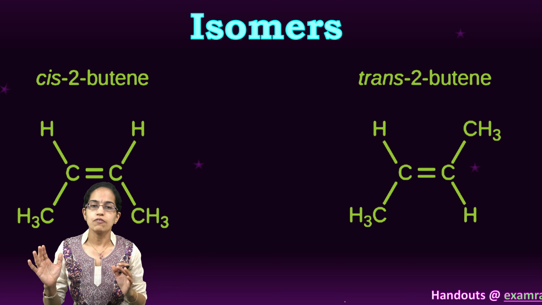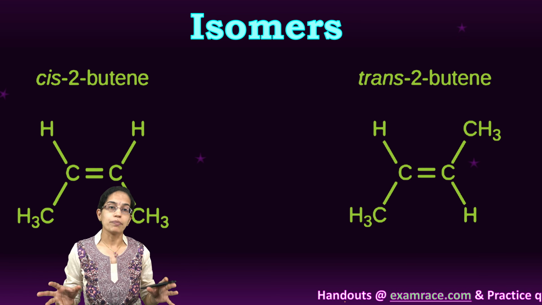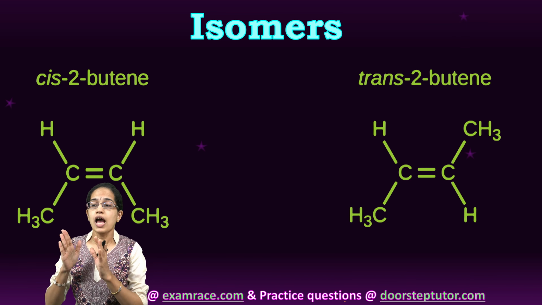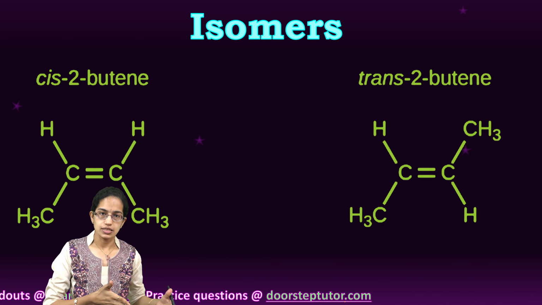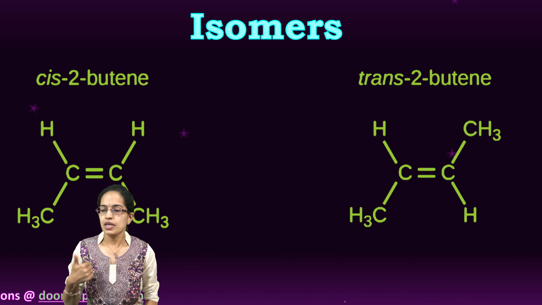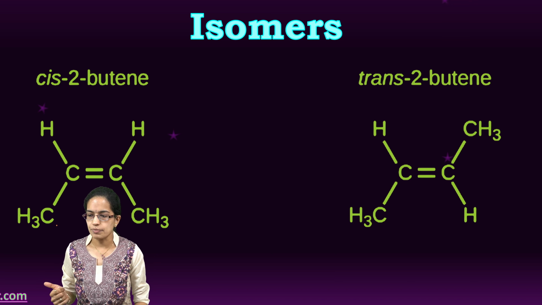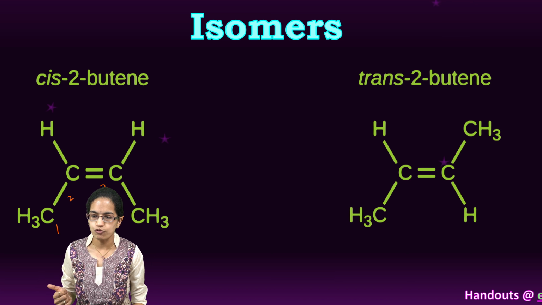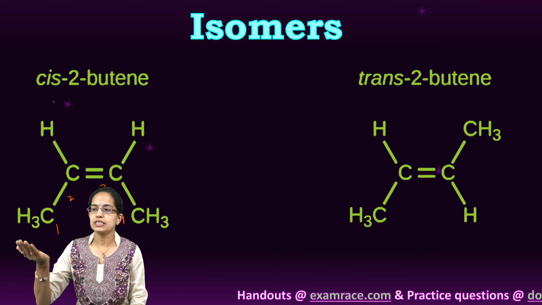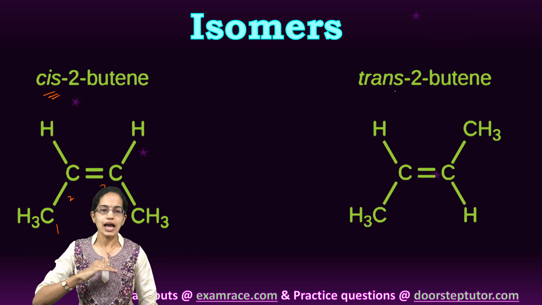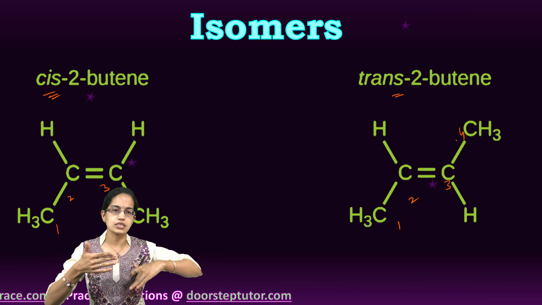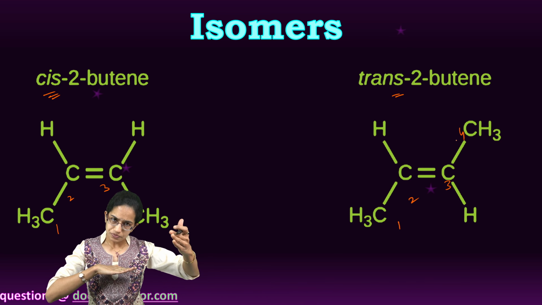Now here the first case that we have taken is a geometric isomer, which is also known as diastereomers, and has either a cis or a trans arrangement. Cis or trans arrangement in the case of 2-butene would be very simple. So I can start with carbon arrangement 1, 2, 3 and 4 all on the same side. Same side of the double bond, we say it is the cis arrangement, and trans is 1, 2, 3 and 4, so it is transverse. It's across both the sides of the double bond.